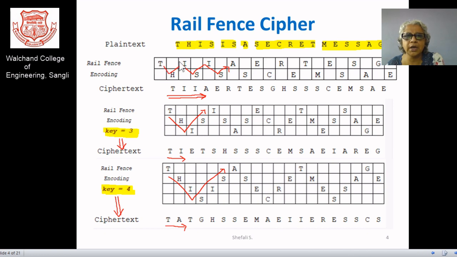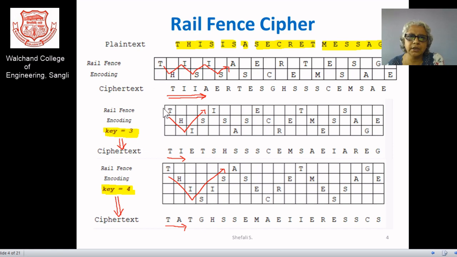So you are going for the zigzag pattern for your arrangement, and after writing down your entire plain text, you need to pick up from the first row left to right, then come to the next row left to right. So TIIAE, in a manner you can arrange your particular cipher text. So this plain text will result in the cipher text if key is equal to 2.